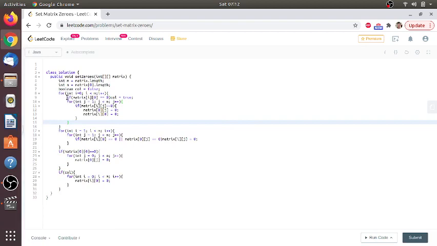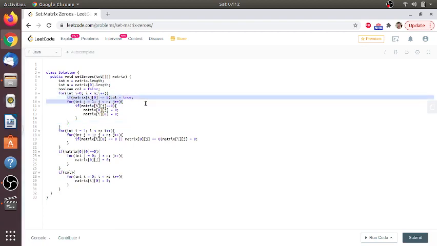What I am doing is going through all the rows, and if I see that in any row the first column is 0, then I know that this column flag is true, and this means I need to make that first column 0 at the last.